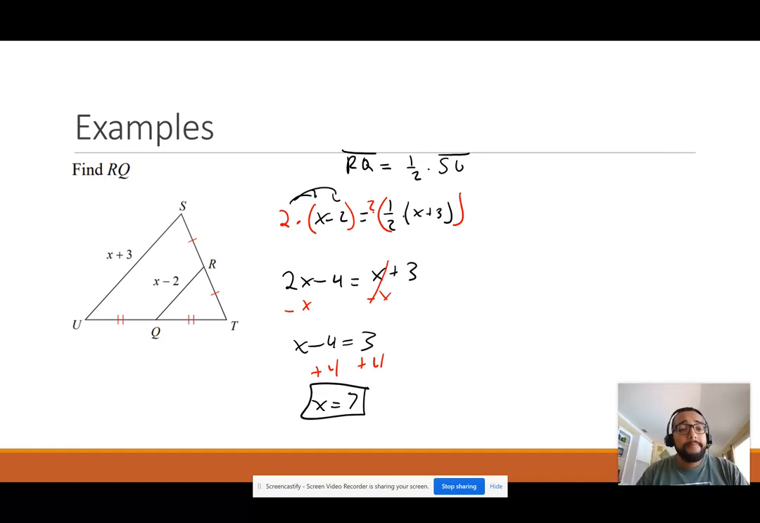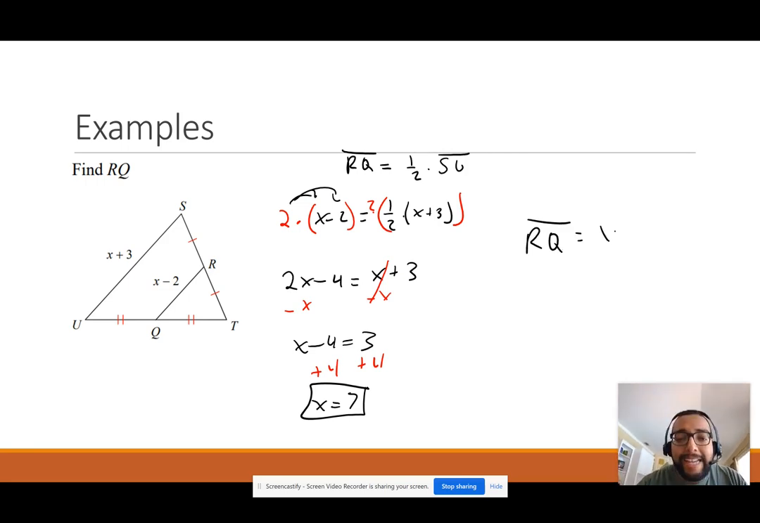Perfect, amazing. I just realized we did not finish this question. My bad. What does the question say? Find RQ. We just found the value of x, though. We didn't find RQ. And so RQ, remember,